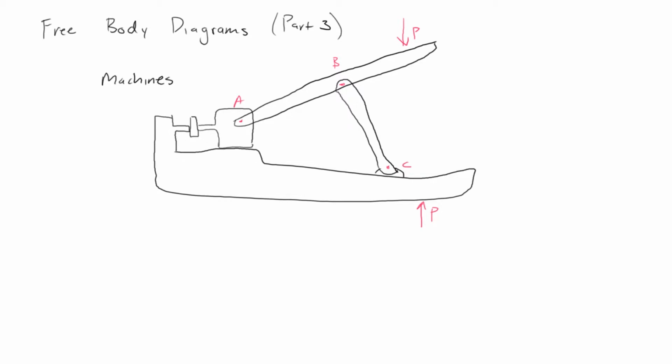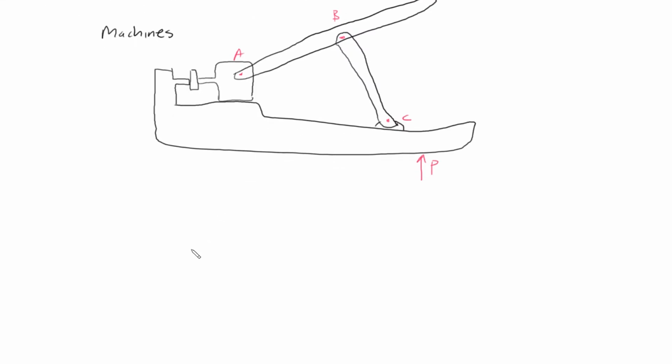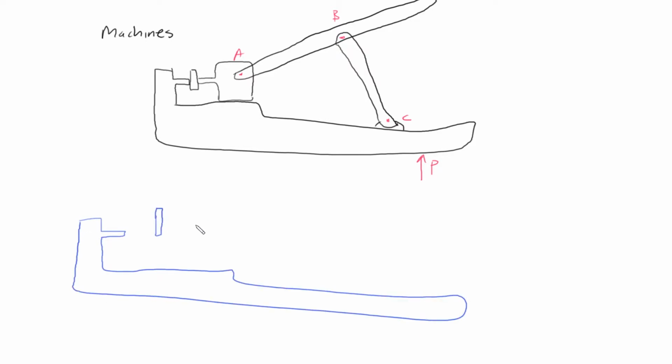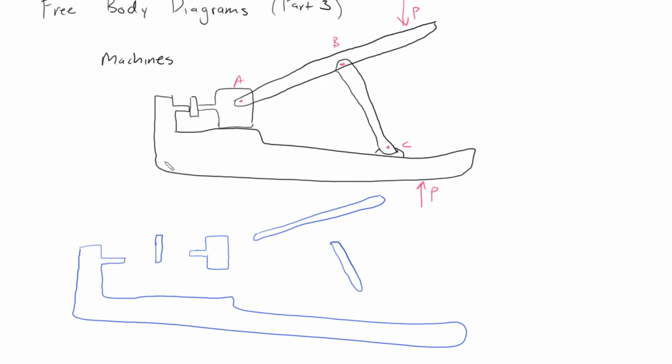So what we're going to do is actually explode this machine into various parts and apply free body diagrams on each part. So what we're going to do is actually explode this diagram. So it's actually not that difficult. So we could say this. So we exploded this machine into various parts, and now we're going to apply Newton's third law and draw the